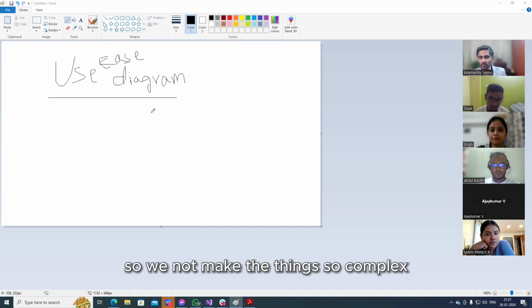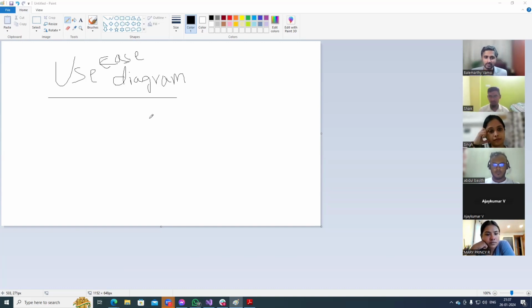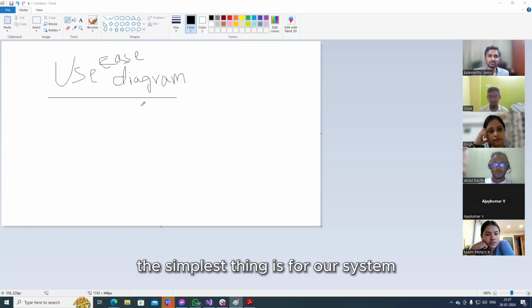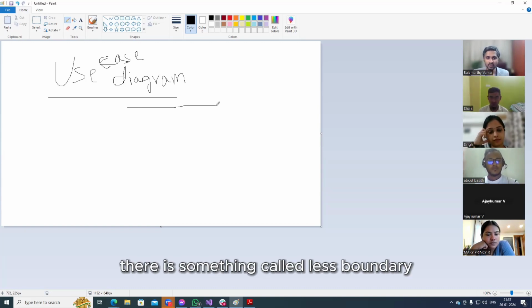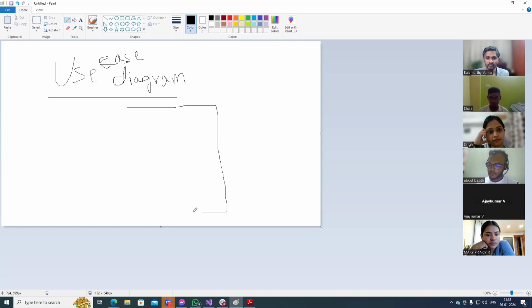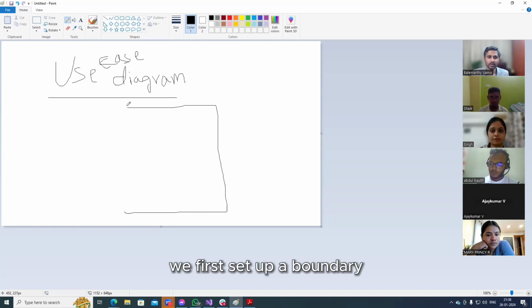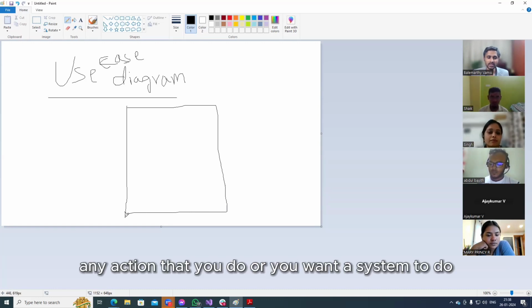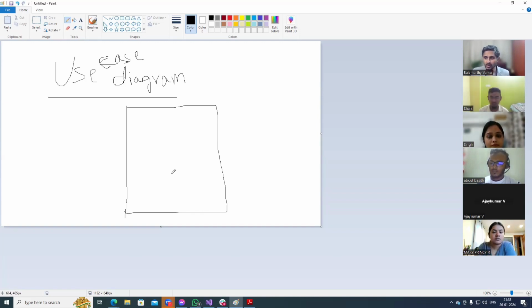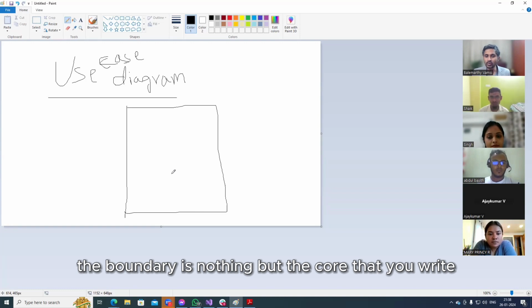We'll not make things so complex. The simplest thing is, for our system, there is something called a boundary. We first set up a boundary. Any action that you do or you want a system to do, the boundary is nothing but the code that you write.